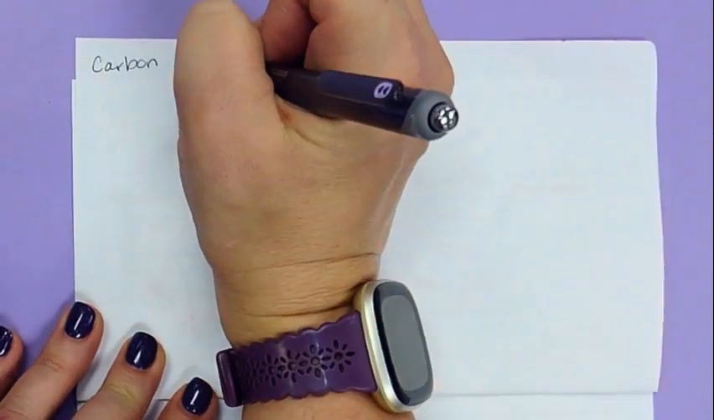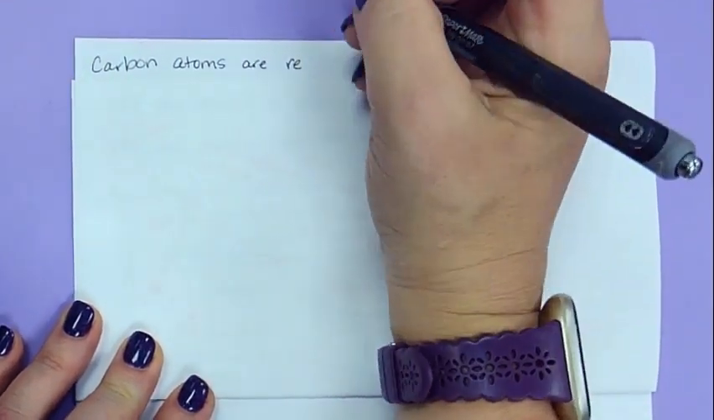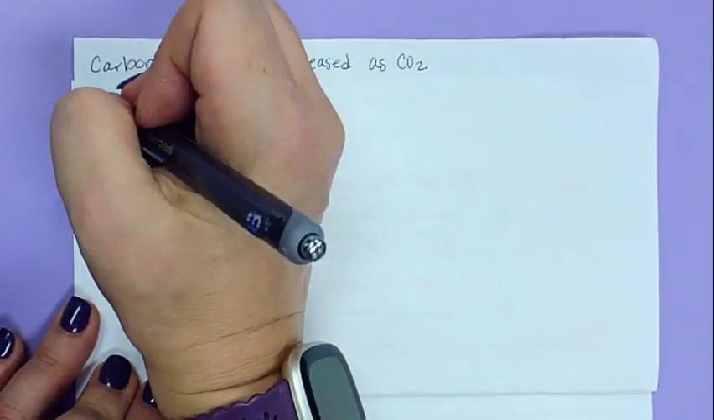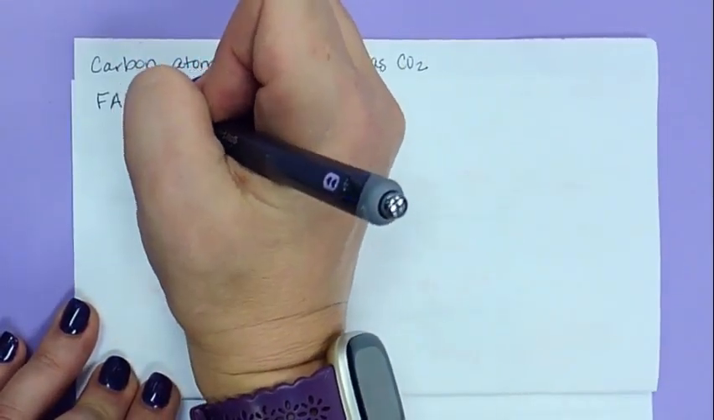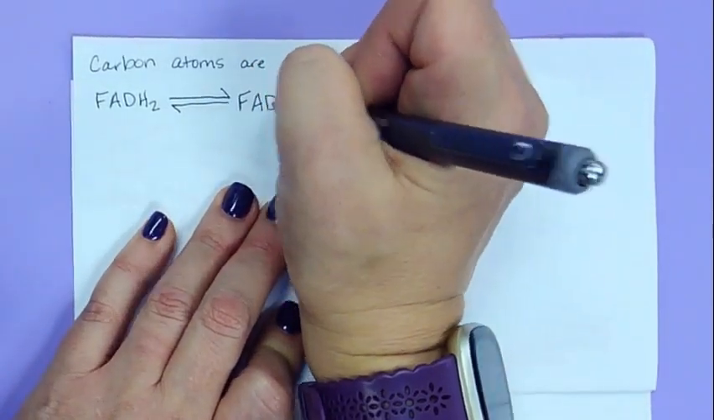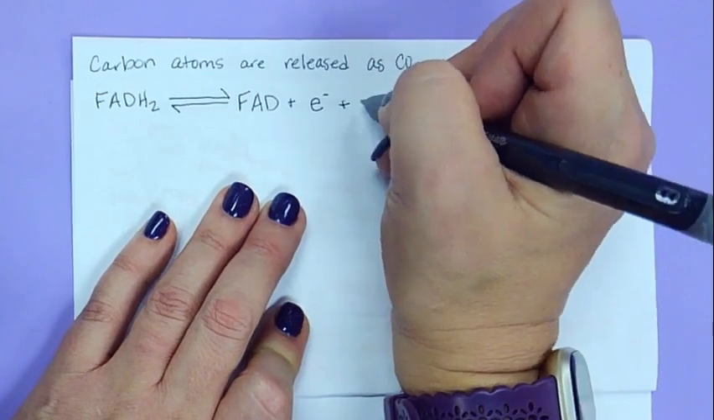All right, so what's our summary and our important points about the citric acid cycle? Well, it's really important to remember that carbon atoms are released from the citric acid cycle as carbon dioxide. It's also important to remember that